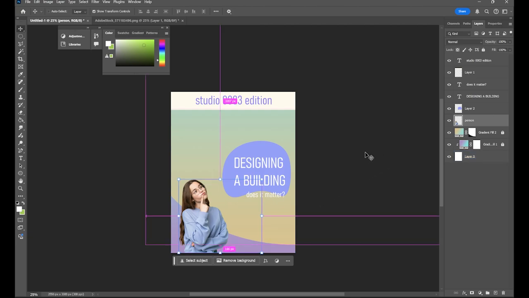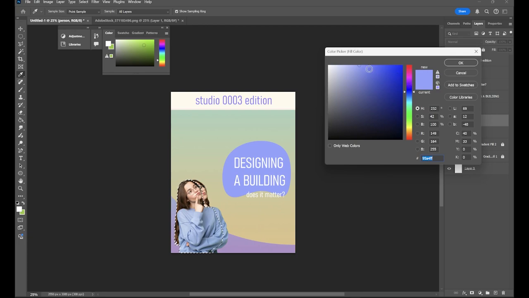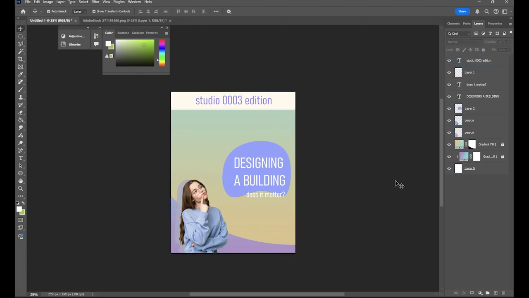And now I'm just going to add a shadow backdrop to this person by copying and pasting them in and then just selecting the subject. Now making sure that these are on two different layers, I'm going to fill it in with a shadow-ish color, so maybe a gray, and then I'm just going to drag it below and adjust the opacity of this. So now that looks pretty clean.